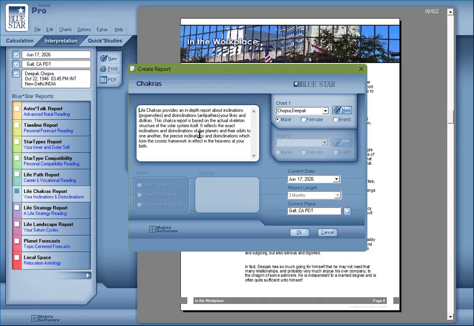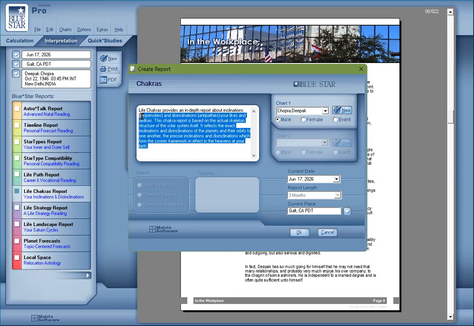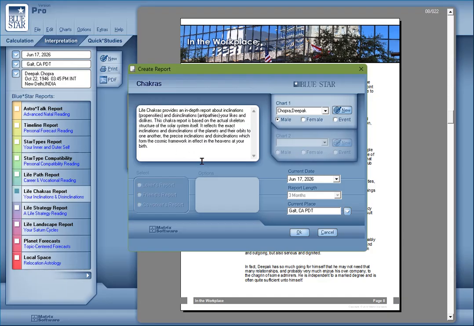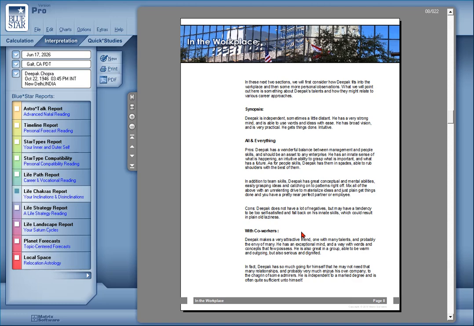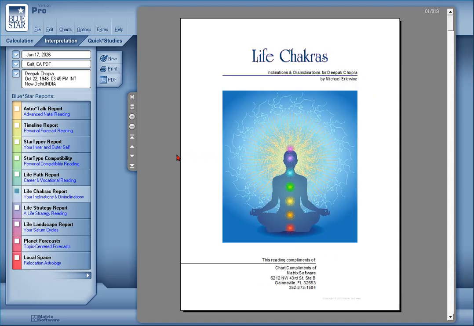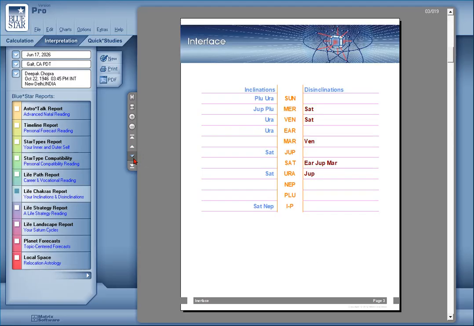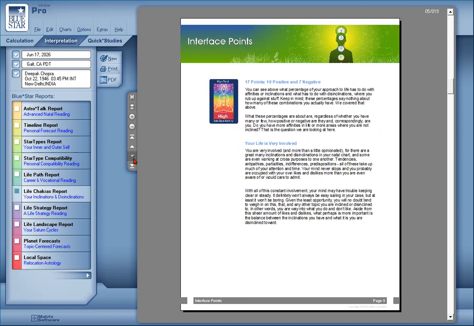And the chakra report is based on the actual skeleton structure of the solar system itself. Okay, so you can read it from the screen in here. It's really small print, but you can read it before you even create it. Okay, and we click on OK in here, and then it will give you the report here on the screen. Okay, all right. It's really beautifully done.